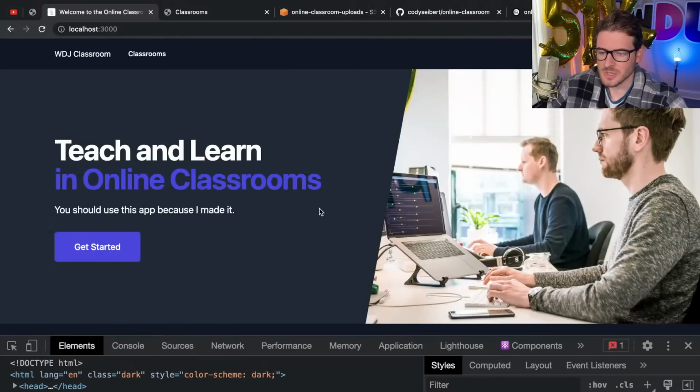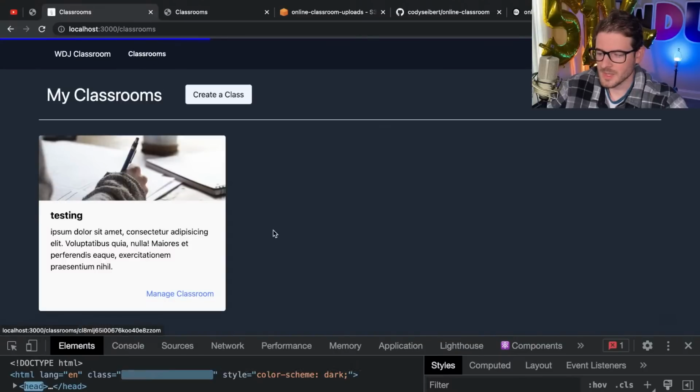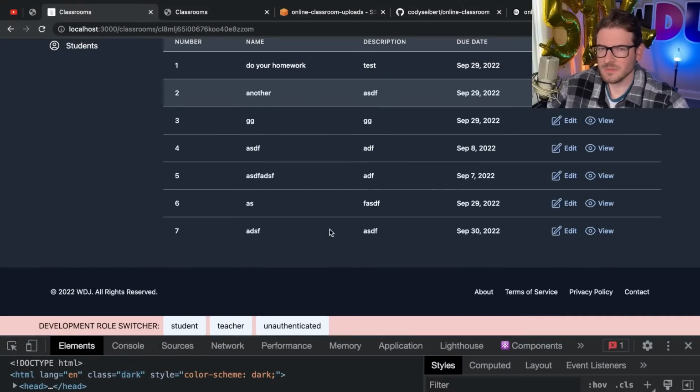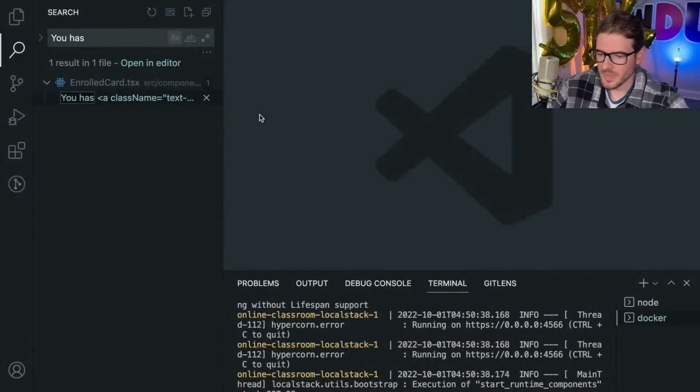So let's go back to teacher. Now I'm logged in as a teacher. I can go to my classrooms and view my classrooms. So it just speeds up my developer cycle. I don't have to keep doing some strange behavior to change my roles. With that being said,